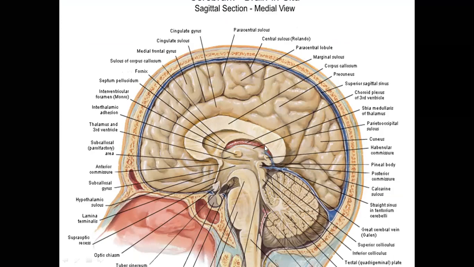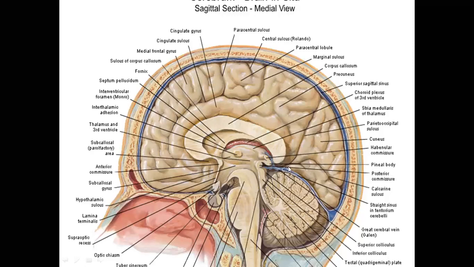In the commissural fiber, the most important short note is corpus callosum. Other than that, we have anterior commissure, posterior commissure, habenular commissure. These are only for the namesake, but for short note, corpus callosum is very important. Corpus callosum is a type of white matter. It is the collection of nerve fibers which connect the right and left cerebral hemisphere.